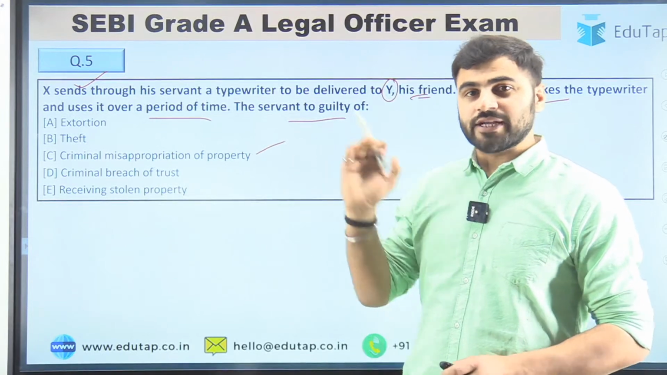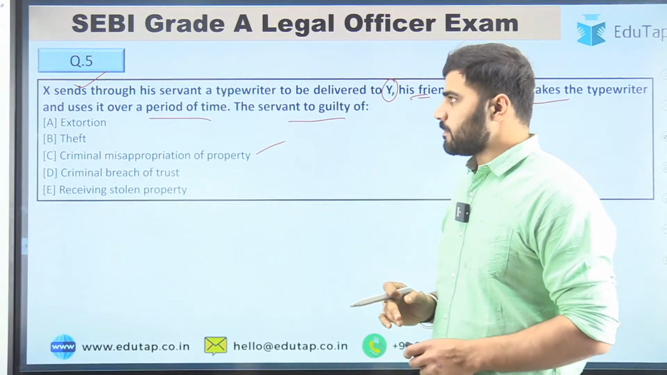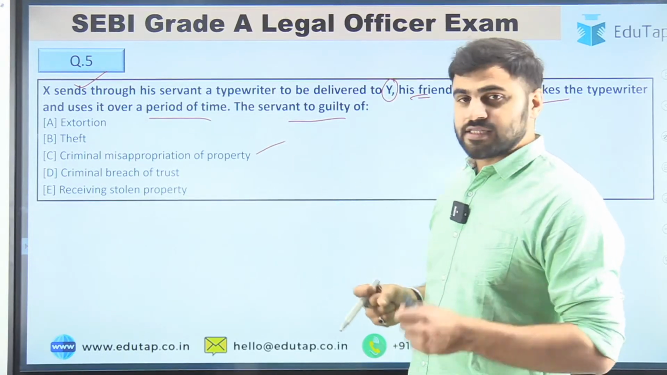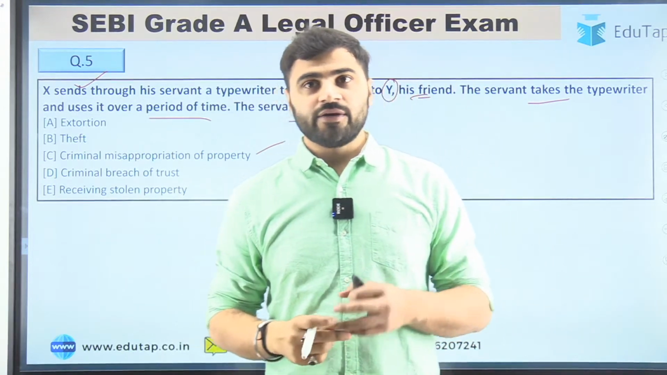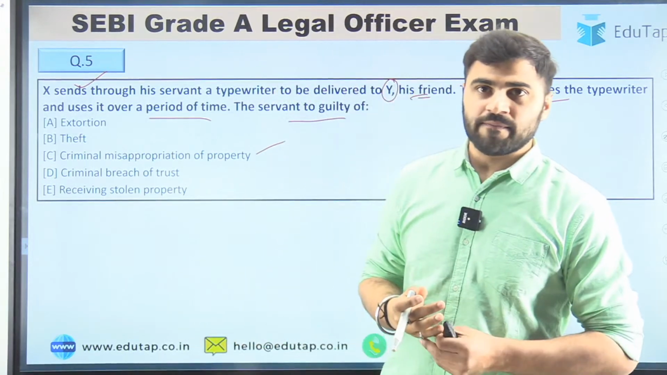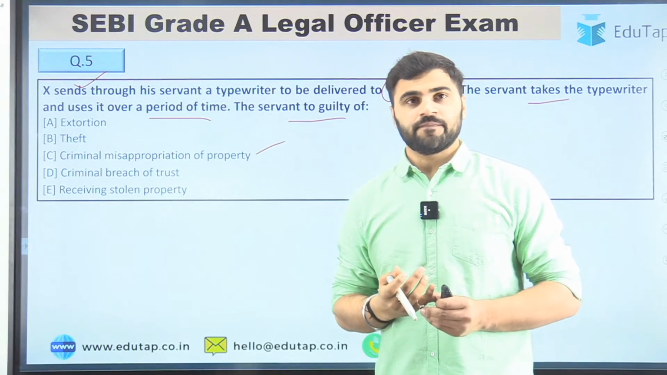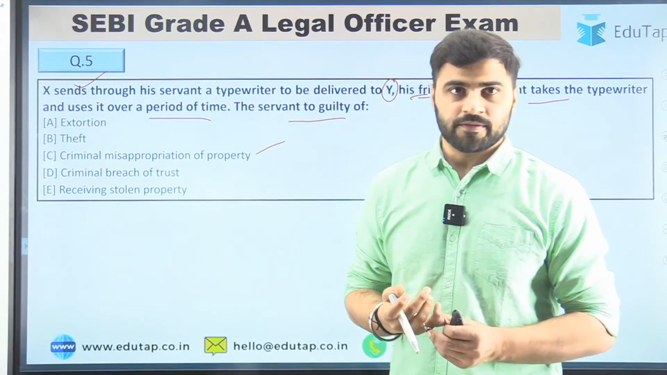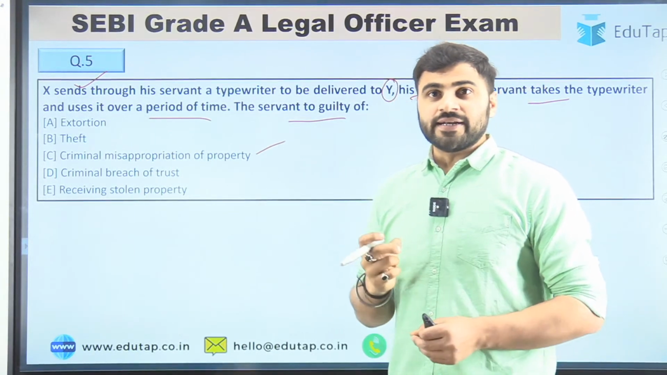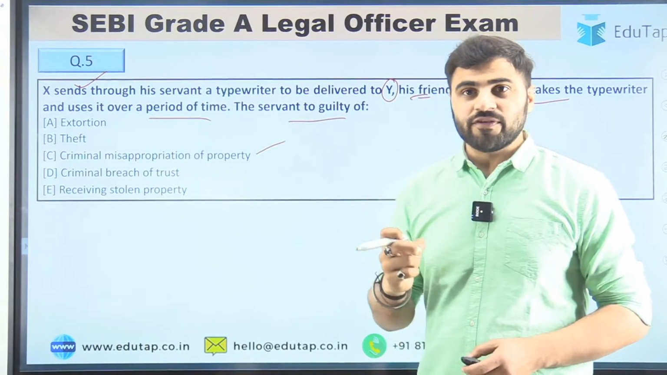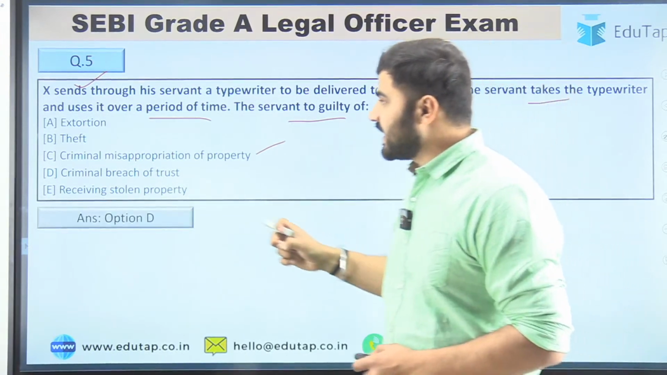This you have to do in your actual examination as well. So tell me the right answer for question number 5th. And do mention the question number, guys. So guys, the right answer for this question, that is question number 5th, is option number D, that is criminal